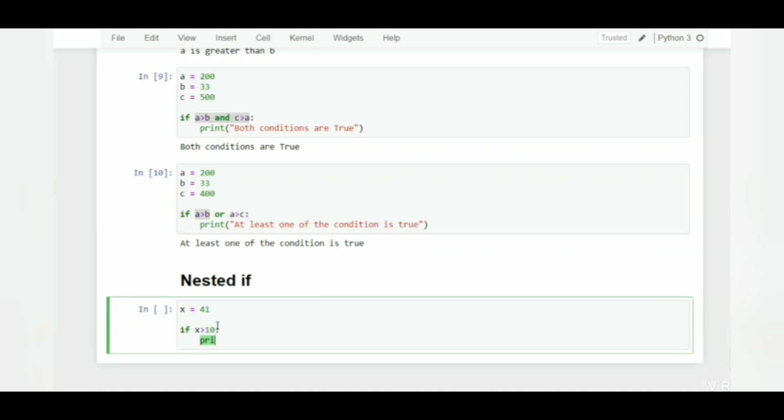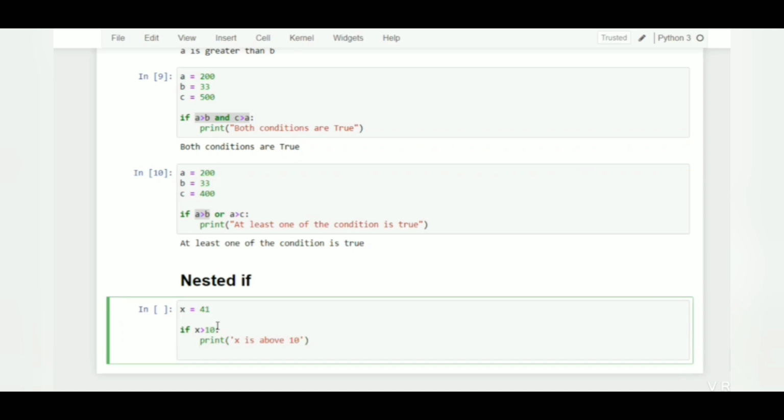If this condition is true, then print x is above 10 and then we will check x is greater than 20 or not. If this condition is true, then only print it is also greater than 20. If this condition is false, then print but not above 20.